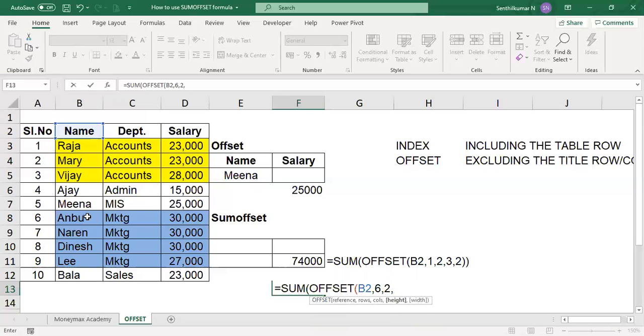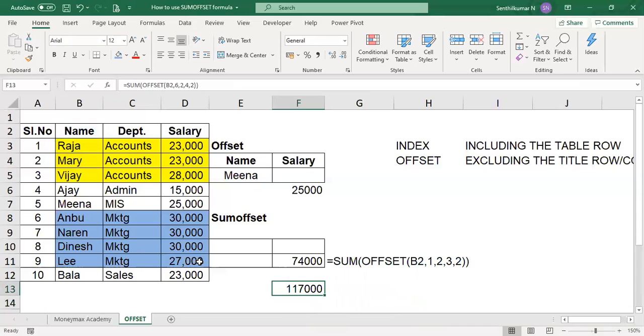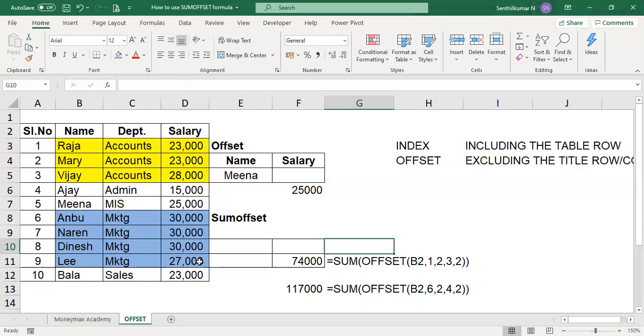How many rows do you want to add? First, second, third, fourth, so four rows. You want the sum of salary, so again you give two for the column. Close with the double bracket, and you get 1,17,000 salary. This is the use of the sum offset function.